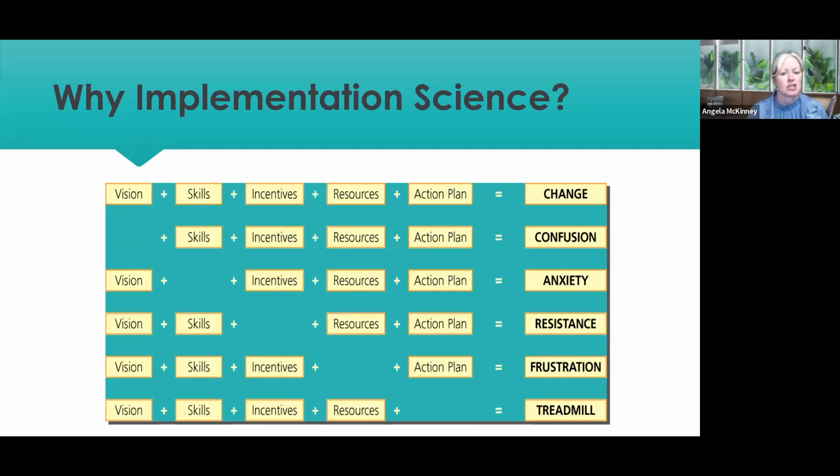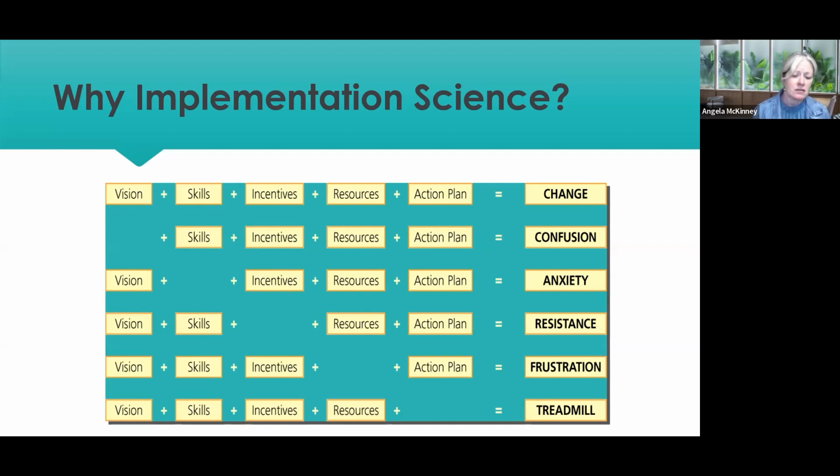And paying attention to some different pieces that are kind of under that thinking of implementation science and how do we make things really work well, all of that is really important. So in order to create lasting change, number one, we have to have a good vision of what this even looks like. So creating that clear language, creating those policies and procedures and looking for, really, what does this look like for us? It's all about creating that vision.